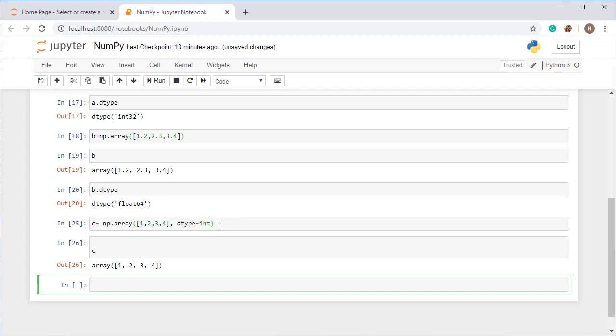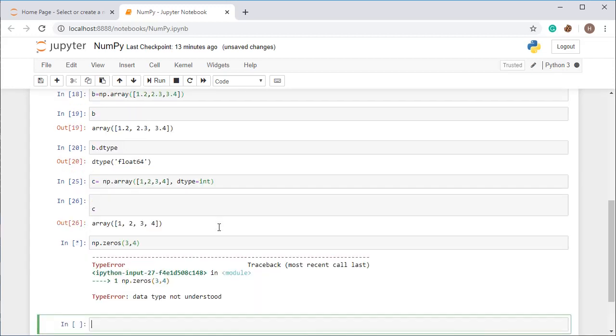Now we will create two types of arrays, starting with zeros. Zeros is a function in the NumPy library which gives you the power to create an array where all the elements are zeros. So type np.zeros and then put the dimension, like I want 3, 4.